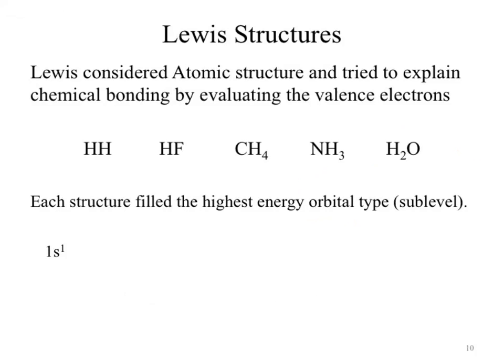Okay? So Lewis went through with all of this information, and he wanted to start to explain how these atoms could bond. He looked at simple examples, which is where your test is largely going to center around: simple examples of how the valence electrons on one atom interact with the valence electrons on another atom. So he said, let's pick the simplest one. Let's pick hydrogen and hydrogen. What's our electron configuration for a hydrogen atom?